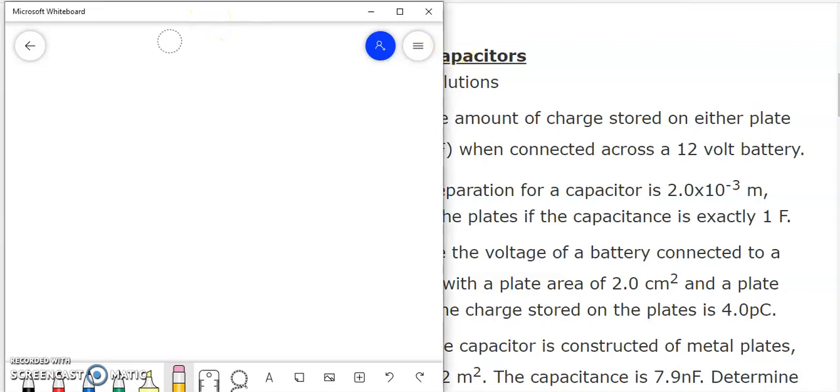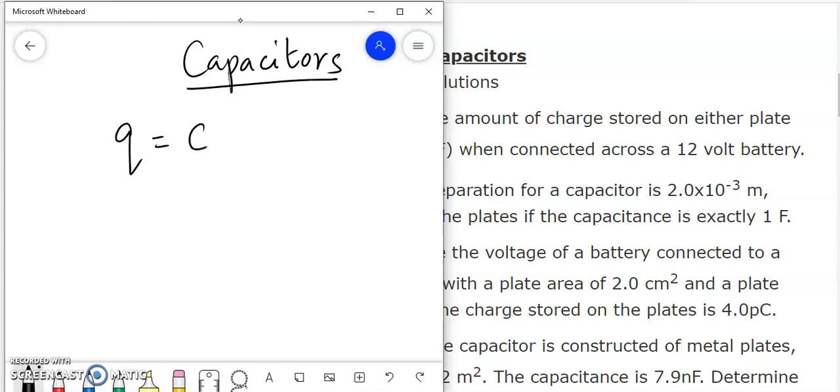The topic is capacitors. So first let's recall the formulas related with this topic. Q is equal to C times V. This is one formula that we use. And the next one that we use is